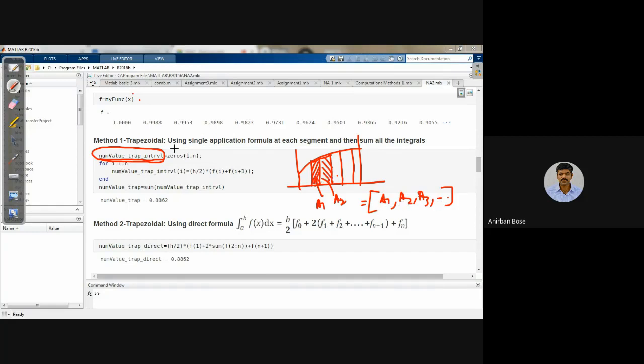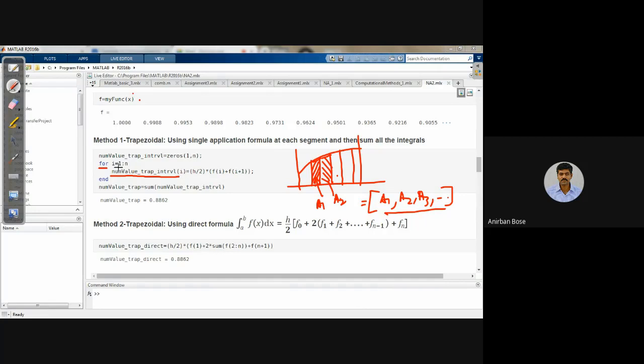That's all. Okay. So initially what we have done, we have initialized all the values of that particular vector or the matrix to 0. So what we have written, observe, zeros, one row, and there are n number of segments. There are n number of elements because n number of segments are there, so n areas will be there. So one row, n columns, and all the values initially assigned as 0. Okay, then what we are doing, for i is equal to 1 to n, you see this particular variable is going to contain all these areas.